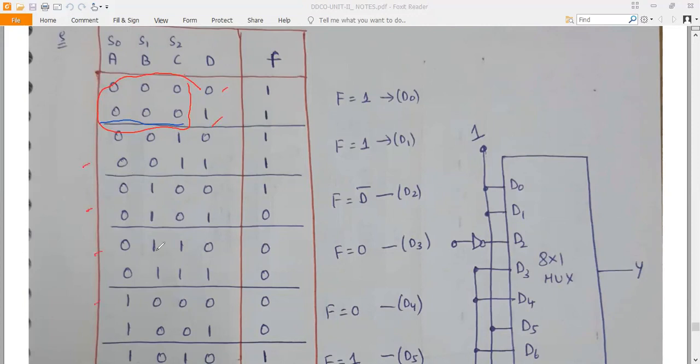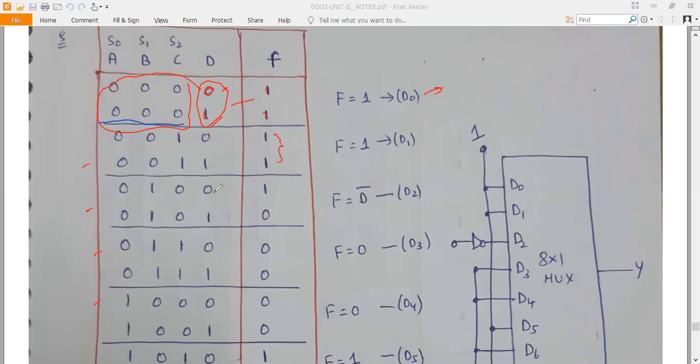See now here, d value is 0, f value is 1. D value is 1, f value is 1, which means that irrespective of the value of d, f is equal to 1. So this is 1. Similarly, it is 0 1, so it is again 1, f is equal to 1.